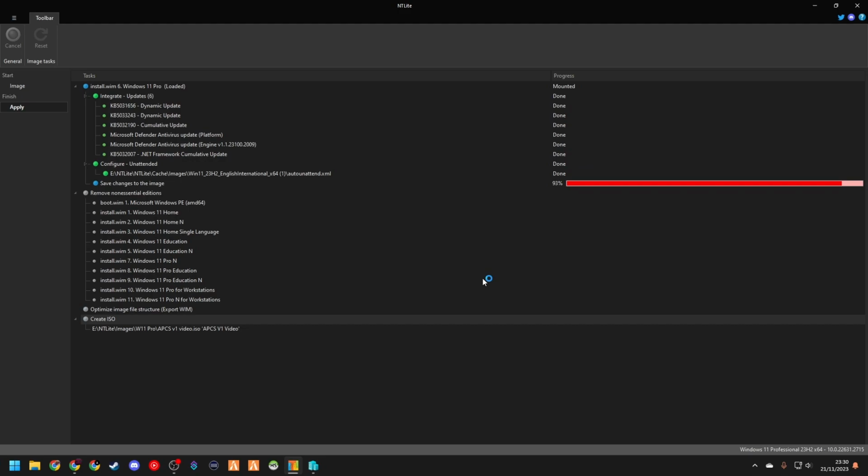Yeah, there's ways of changing the wallpaper, there's ways of installing programs such as Google Chrome, Firefox, putting icons and folders onto the desktop. There's all sorts you can do with this program. It's absolutely amazing and wonderful. I suggest if you're into making your own custom Windows images and stuff like that, it's definitely a tool to use,